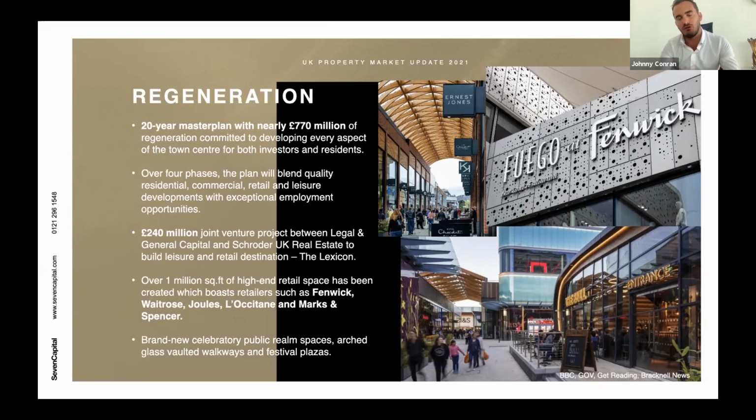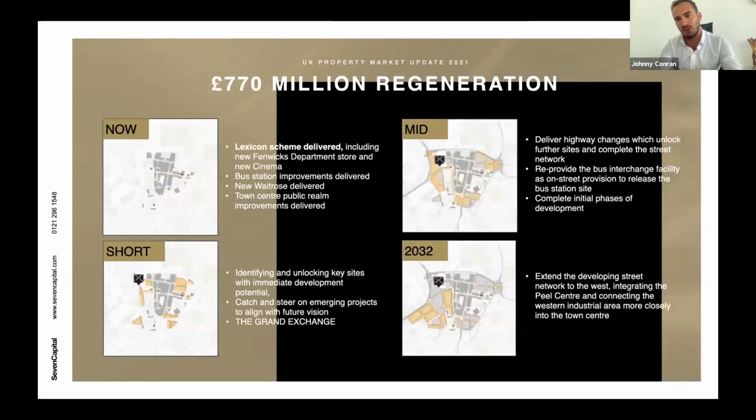So it's massive footfall, great exposure to Bracknell, and changing it not just from a place to work, but offering the amenities of a place to live as well. So that's really important that this investment is there. And of more importance, this is where we are now, this grey area. But what's happening is over the next 11, 12 years, obviously the town is reshaping. So the infrastructure is going to completely change, and it's going to expand out and out, as you can see